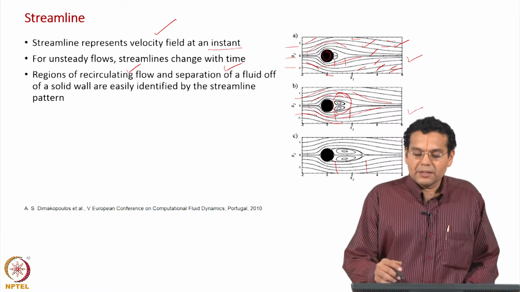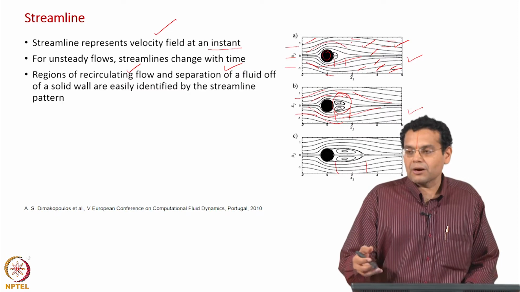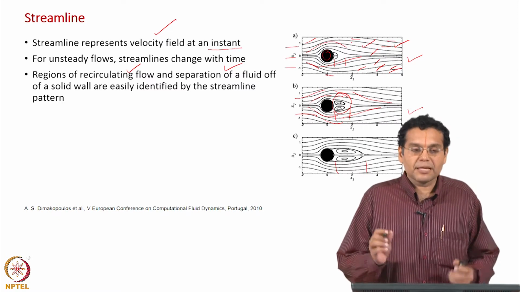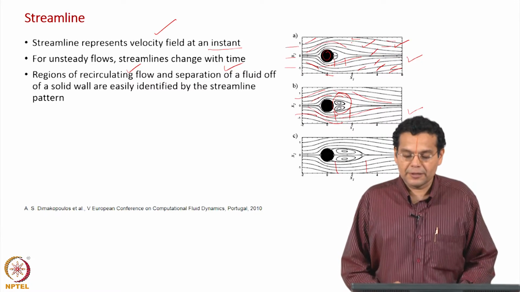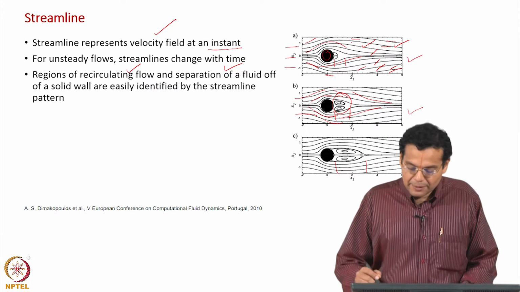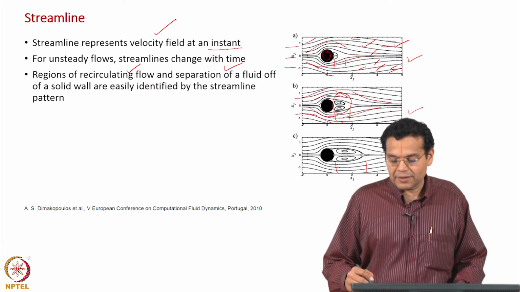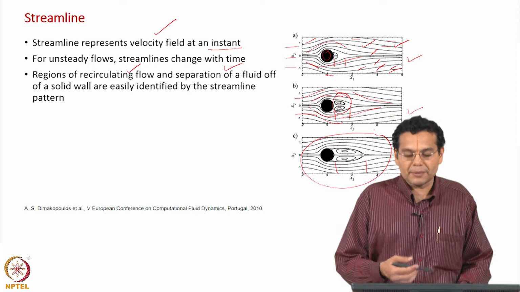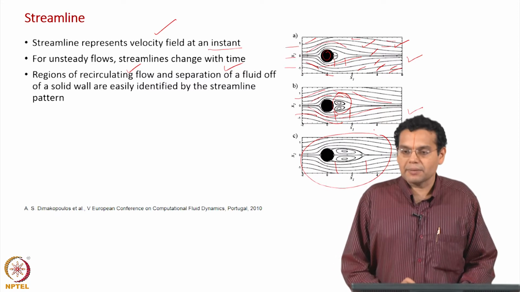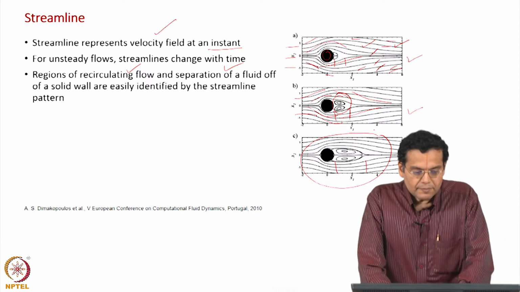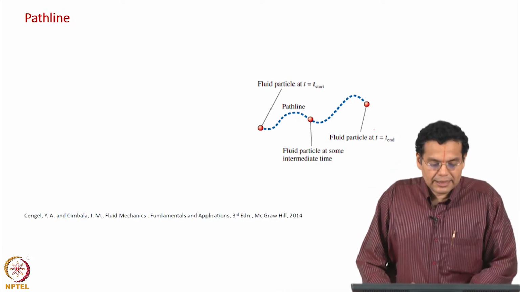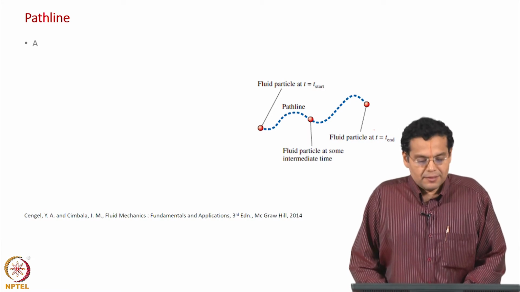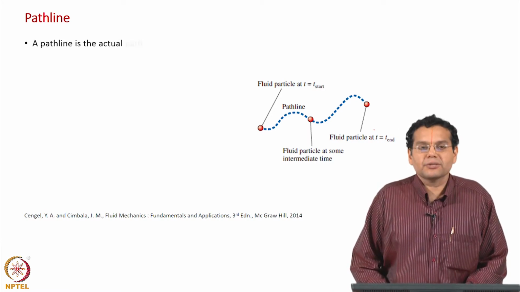As I told you, in this case it is flow over an object, it could be flow through a pipe, whatever geometry, and streamlines visually give a quick representation of the entire flow field. So, to explain our title, these are the flow patterns, and we have seen one method of representing the flow patterns, namely streamlines. What is a path line? Let us look at the definition once again.